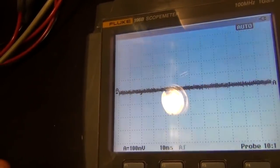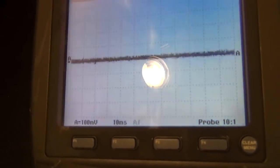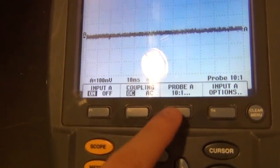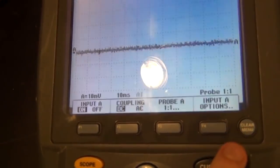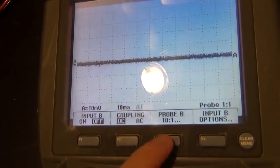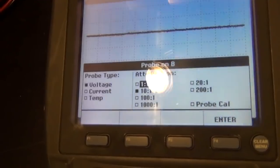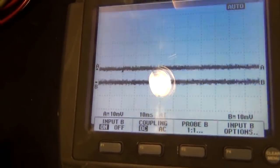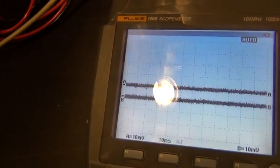Let's see, so let me turn it on. I'm going to enable the channels. Now you should, oh, it's actually on a 10-to-1 probe, so let me see, how do I do that? There we go, probe 1-to-1. That's good. Channel B, probe 1-to-1 also, like so. And I want to turn channel B on. There it is. So it's showing both channels. Nice. So I'm going to enable the output,